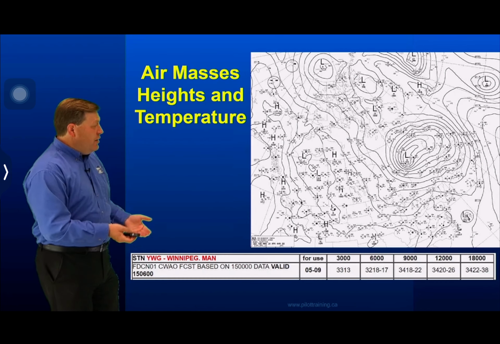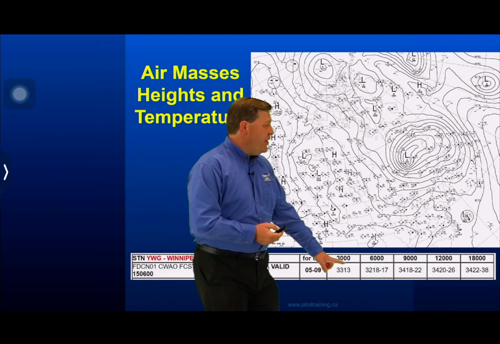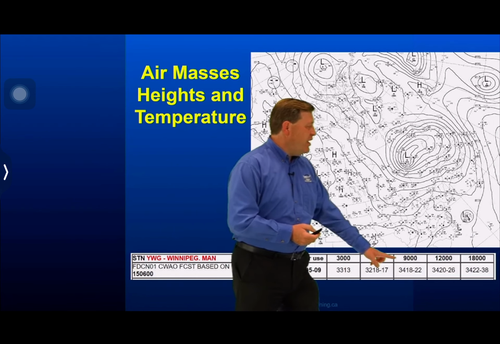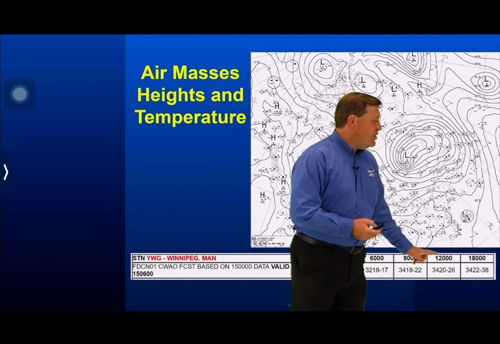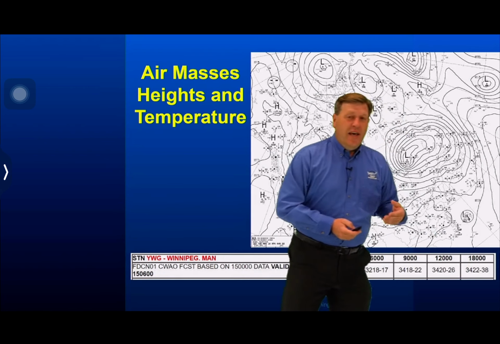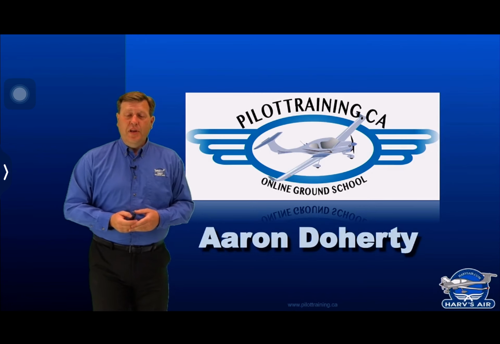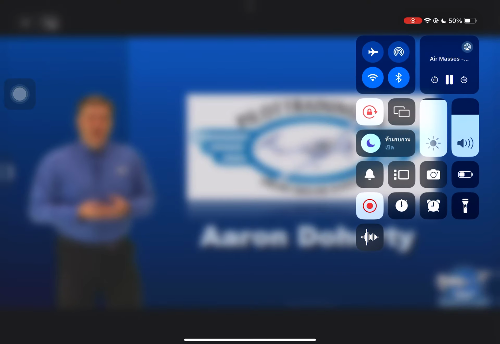And then this here is just showing you how the temperature drops with height. So you see minus 17 at 6,000 feet, minus 22 at 9,000, minus 26 at 12,000, and then minus 38 at 18,000 feet. So there we have it, air masses. As I mentioned,